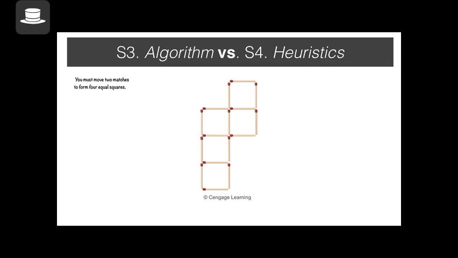Now, what did you do? Well, if you thought about each and every possible move you can make and did it methodically, then you're probably using an algorithm. Definitely you'll come to a point where you find a solution, but it's going to take a long time. A heuristic is finding a shortcut and saying, okay, let me see.